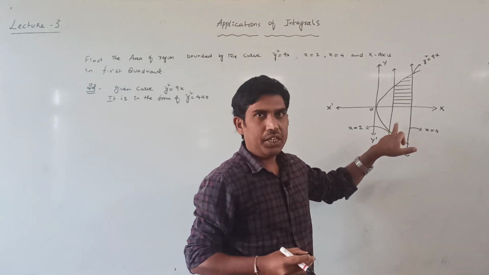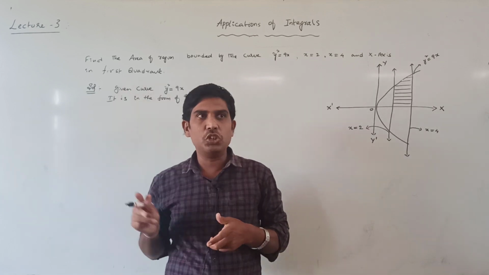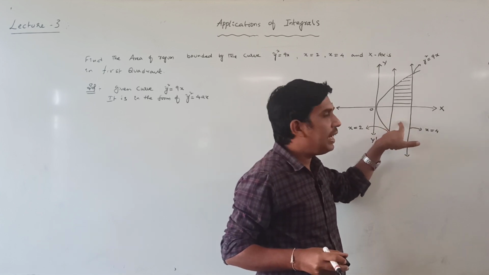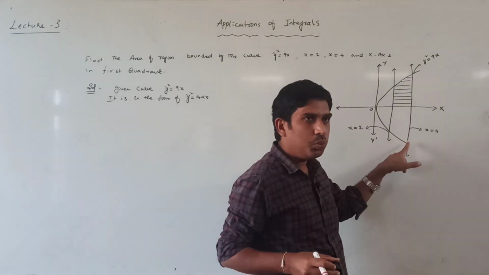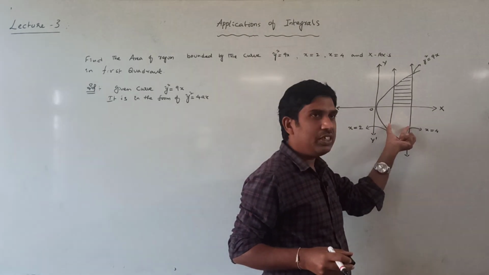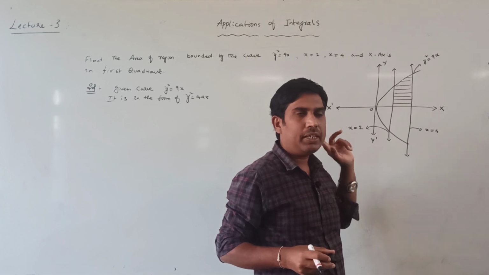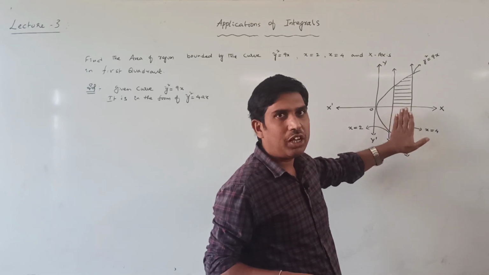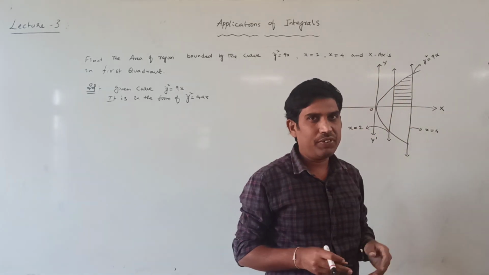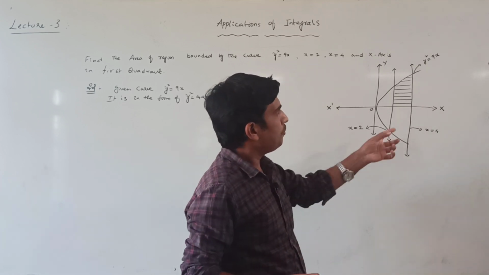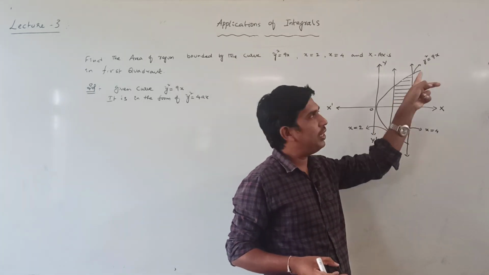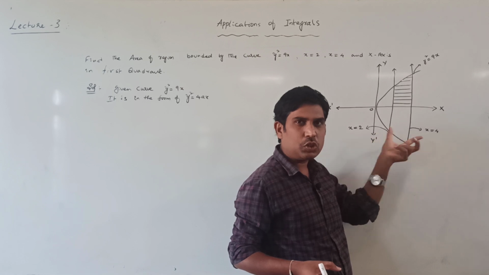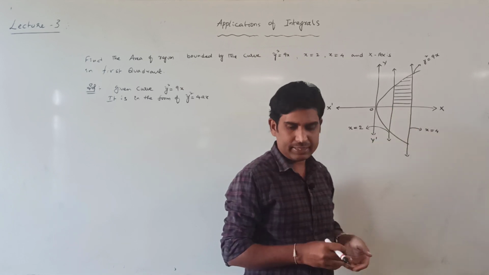So this one is not needed. If first quadrant were not mentioned in the question, then we would have to find this area also. Why? Because this area is also bounded by the curve and the x-axis between the two lines. But in the question they gave first quadrant only. That's why this area is not needed, only this shaded region we have to find out. So now you can say this shaded region is bounded by the curve equation between particular limits. What is given? x is equal to 2, x is equal to 4 with the x-axis.